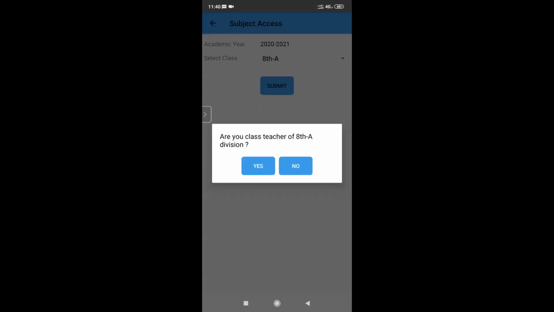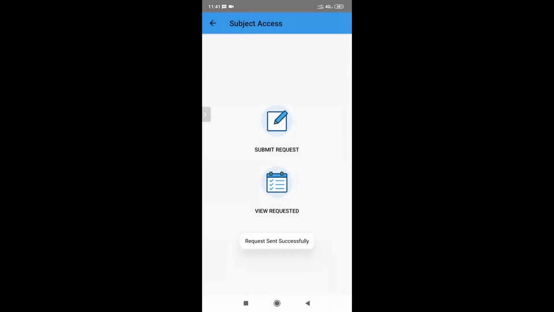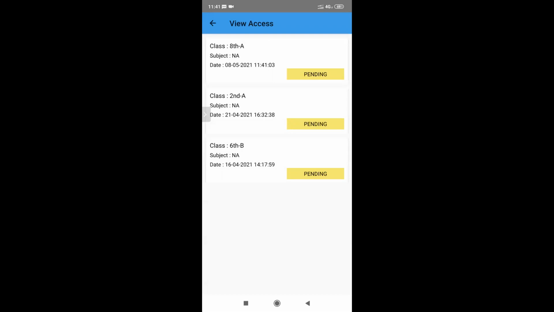They can select which class they want access for. It asks whether they are the class teacher for that class. They can say yes or no and submit. They can also view all the accesses that they have requested priorly. And now as an admin, whenever any teacher places a request for an access, I can check that also.